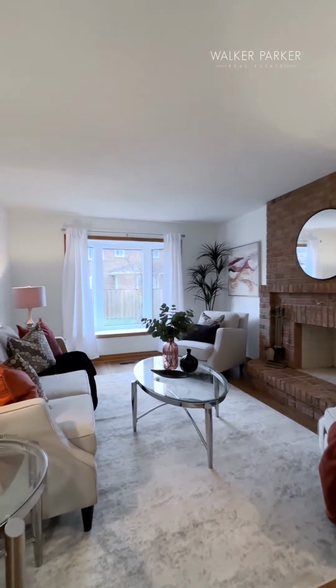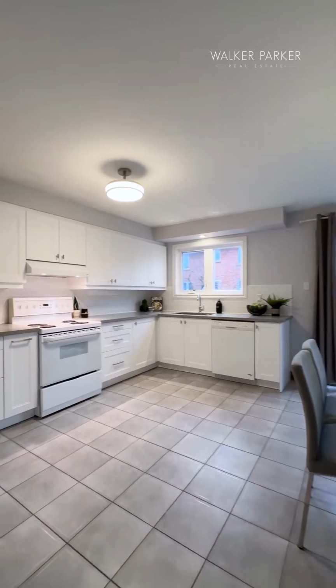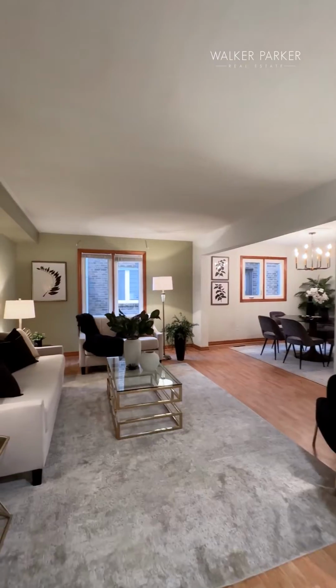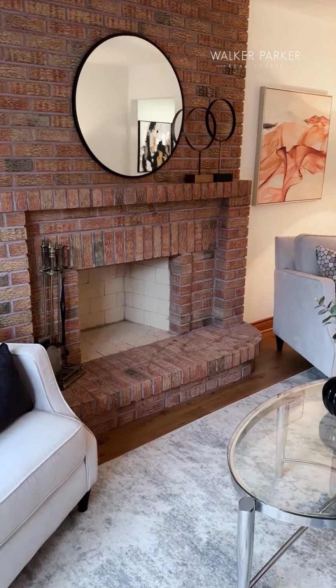This home has been immaculately maintained by original owners with many recent upgrades, including a renovated eating kitchen with quartz countertops, pot drawers, and a walkout to the yard. Huge living and dining rooms with hardwood floors and updated laminate in the family room with fireplace and a lovely